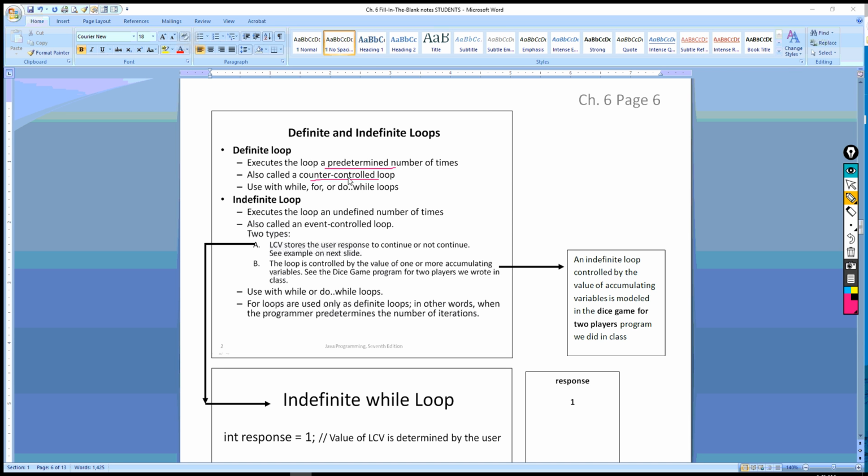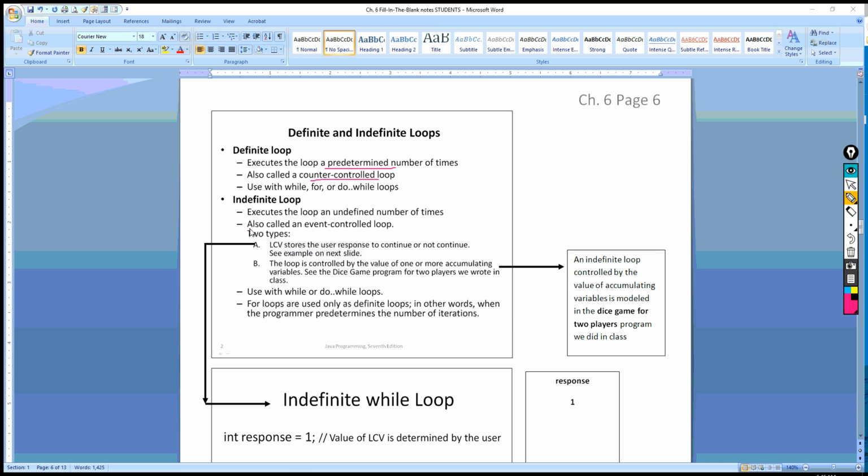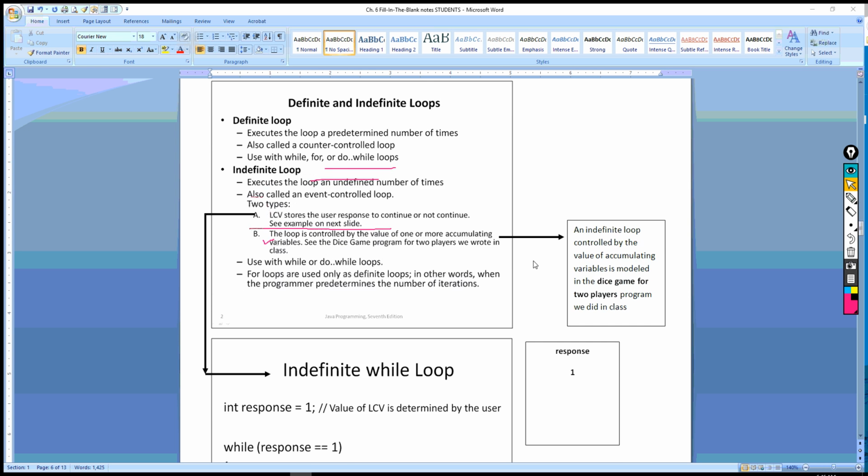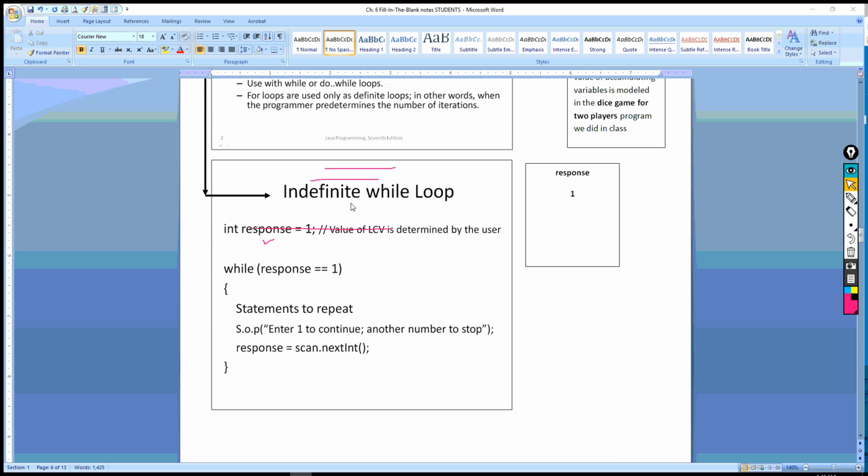Now, an indefinite loop is one in which the programmer sets it up so that we don't know how many times it's going to be run. And there's two main ways that this can be done. One is you make it, they're called event-controlled loops. So one way to do that is to have the loop control variable store the user response to continue or to not continue. And so if we were to look at this right here,